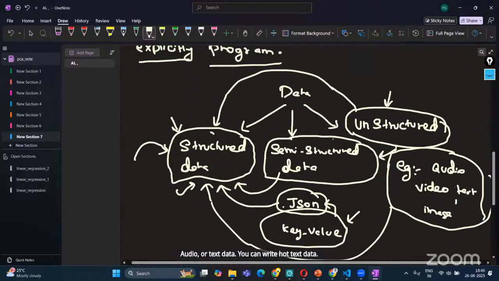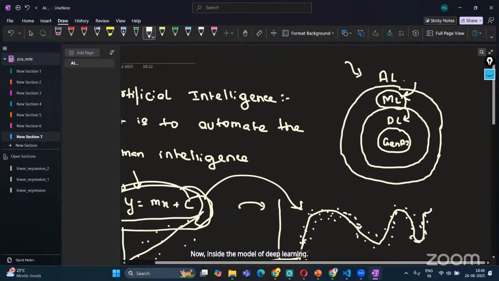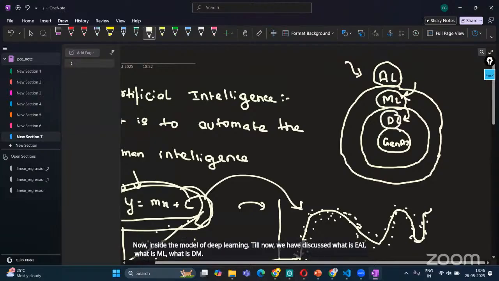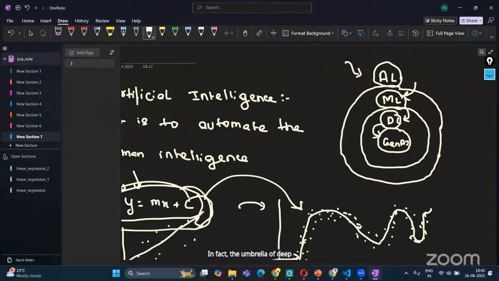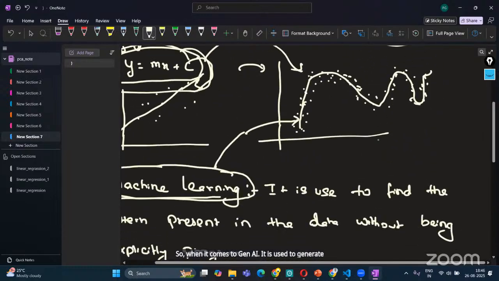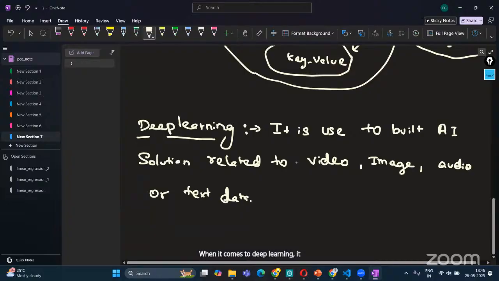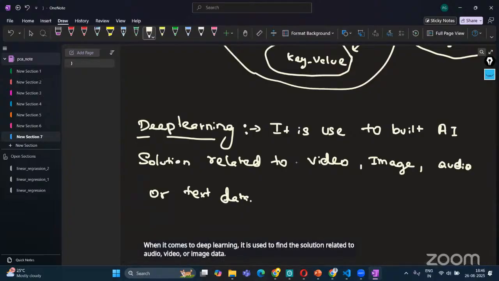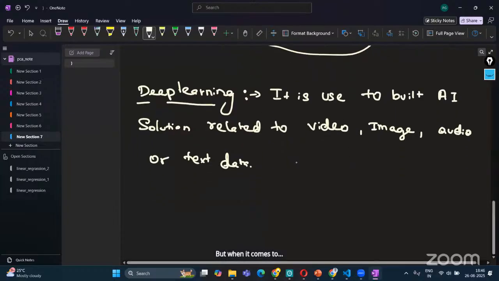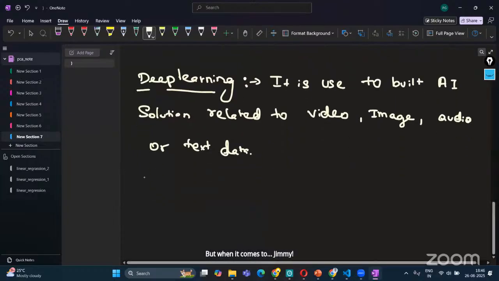Now, inside the umbrella of deep learning, till now we have discussed what is AI, what is ML, what is DL. Inside the umbrella of deep learning, we have Gen AI. When it comes to Gen AI, it is used to generate audio, video, or image data. When it comes to deep learning, it is used to find solutions related to audio, video, or image data. But when it comes to Gen AI, generative